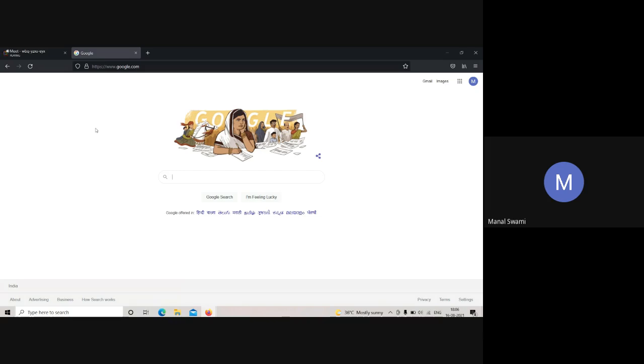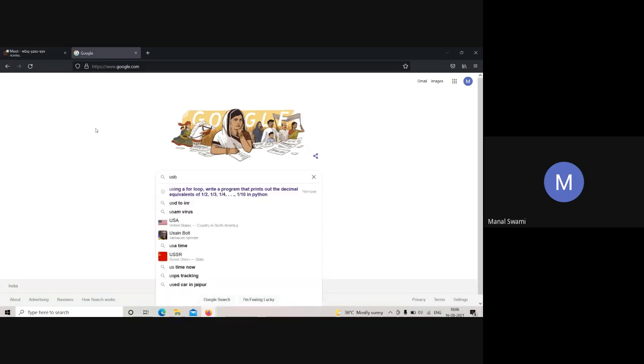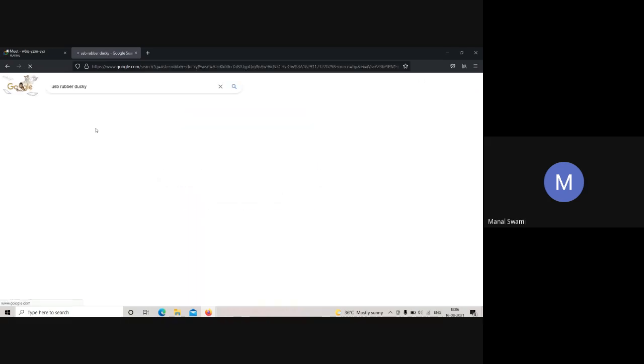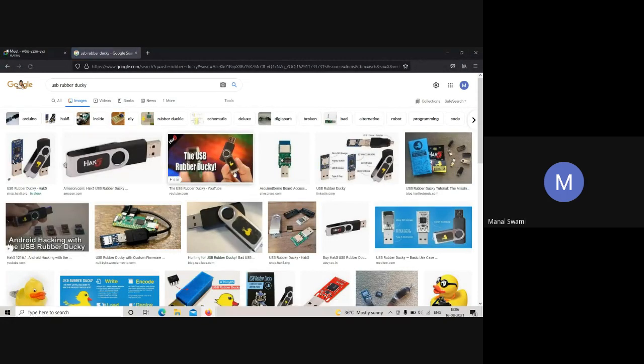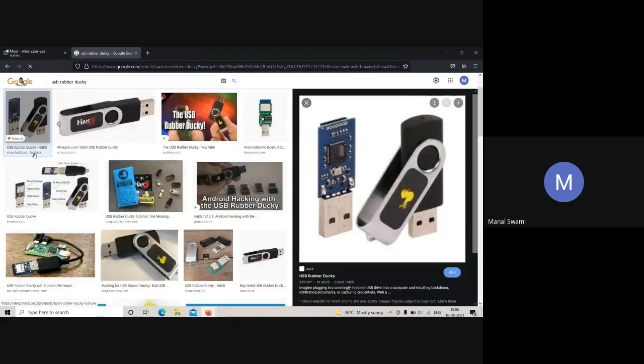Then there is another project. You can make a USB rubber ducky. See, some of you don't know what it is. I'll show you the images. See, this is what a USB rubber ducky looks like. Okay, it is a pen drive. What it is used for is, it is a hacking device. It is used to steal passwords from a system, or to install a backdoor, or to install a keylogger in it. What happens is, you'll have to just connect it into the system. After 2 to 3 seconds you can remove this pen drive. Okay, and your job is done.